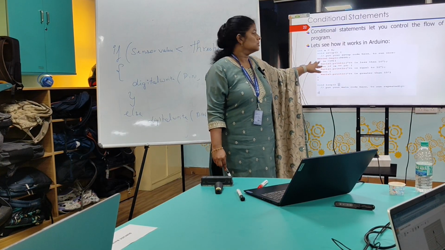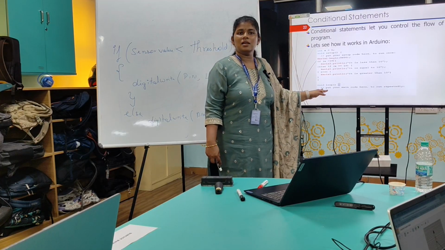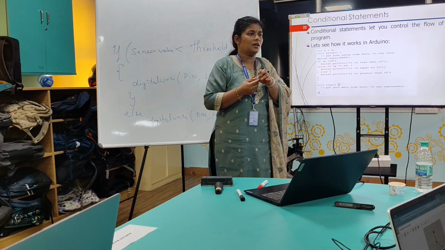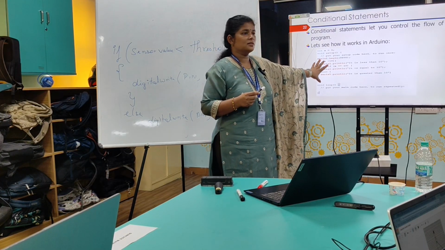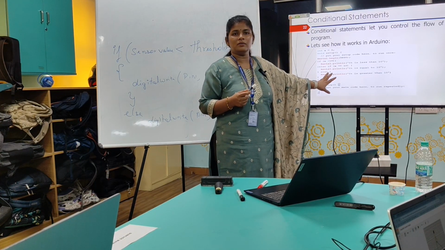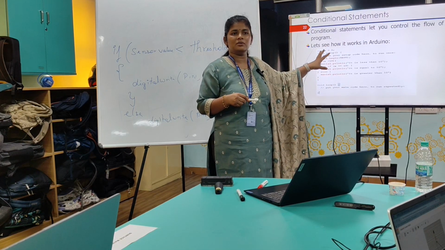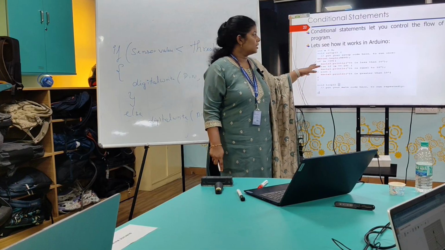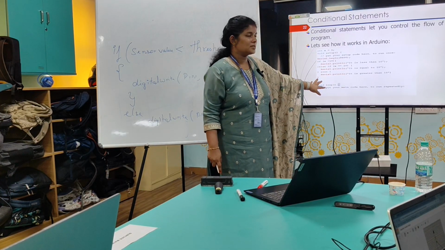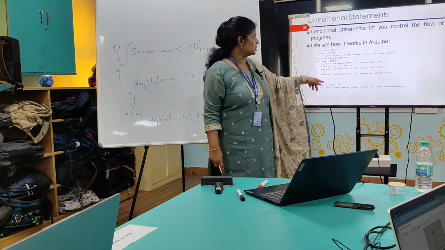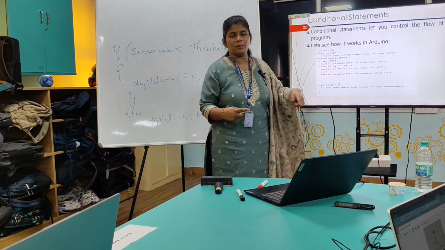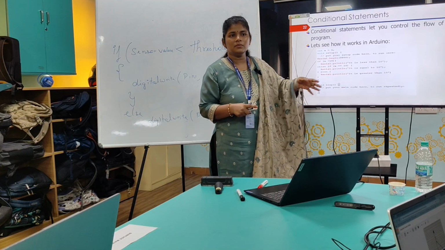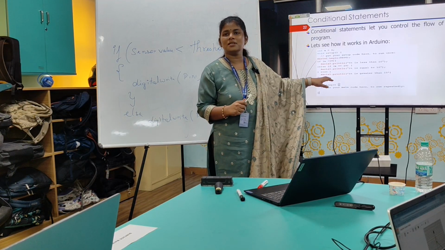So you all can try this one as a next step. Start a new project in your Tinkercad, and you can just write this one and see how the serial monitor works. It's just a simple example to make sure that you know how the serial monitor works. Here I put everything in the void setup itself, because I just want to run it once. I don't want to keep on going in the loop. This is also fine. Can you all please try this?